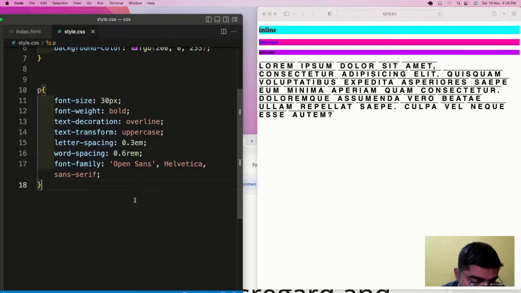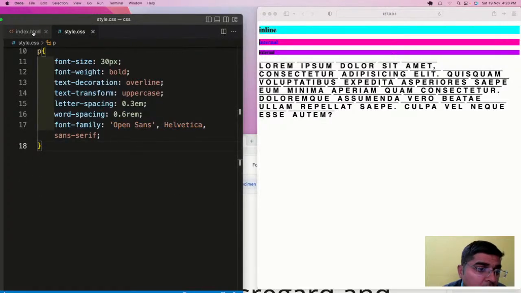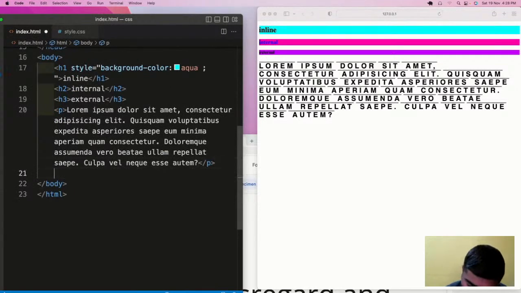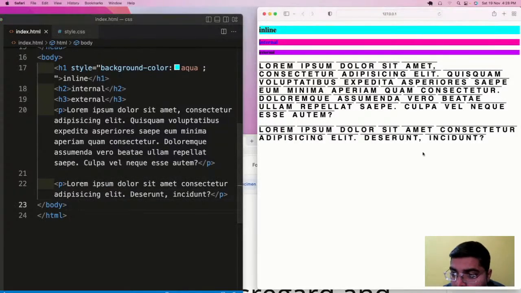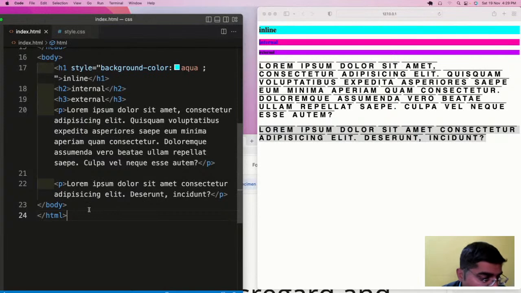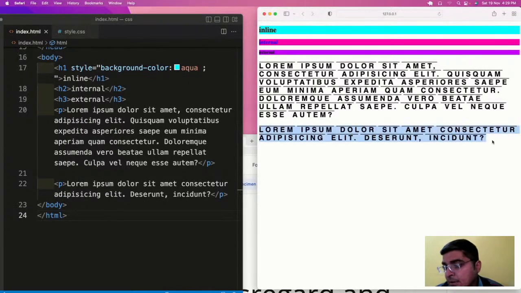Now these fallback fonts are very important because these days there are so many browsers available, and some of them have limitations. So that is why these fallback fonts are given. Now after this, let me have another paragraph. But why is it happening here? I have created another paragraph, but what is happening here?